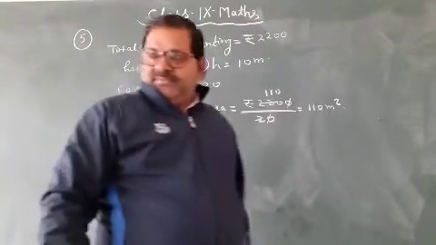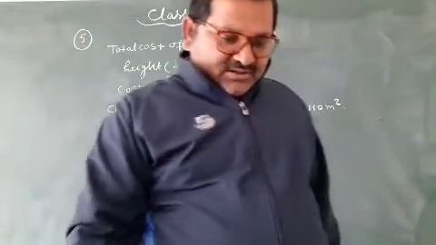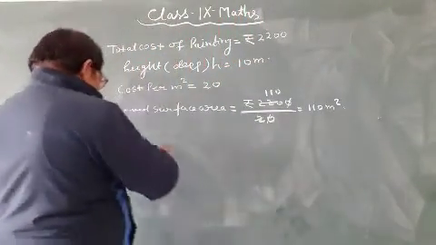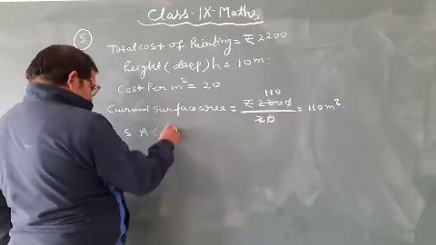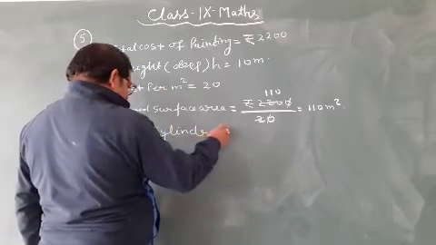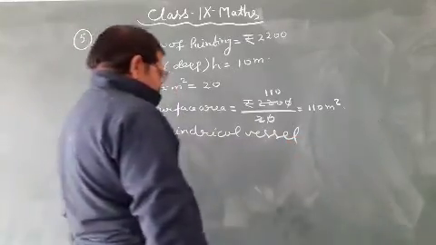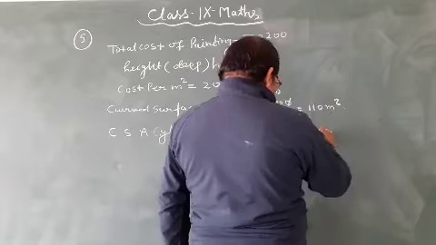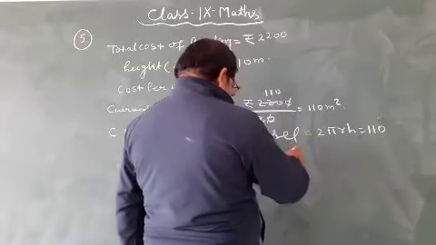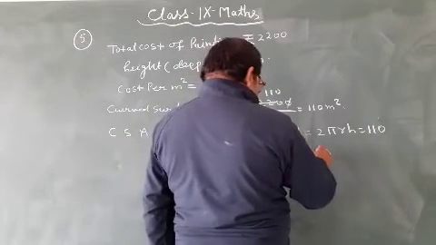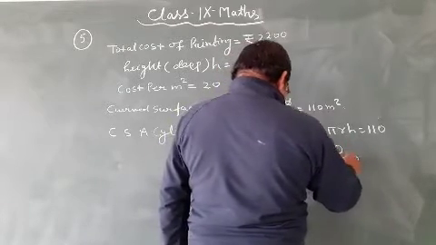of the cylindrical vessel is equal to 2 pi r h, which is 110. So r is equal to 110 upon 2 pi h,